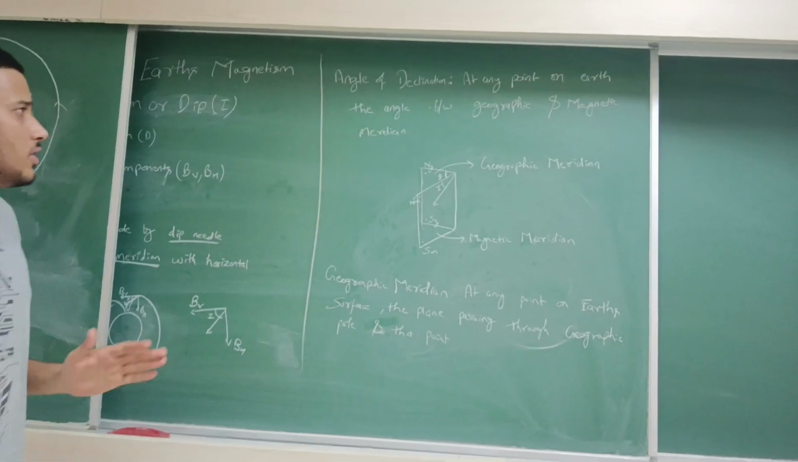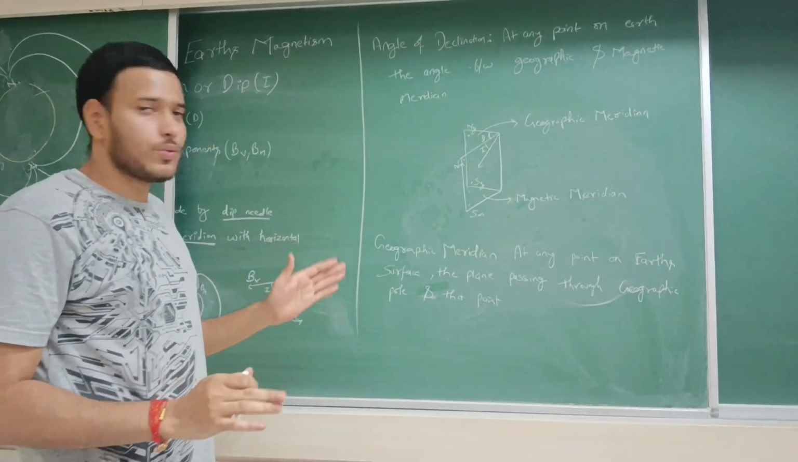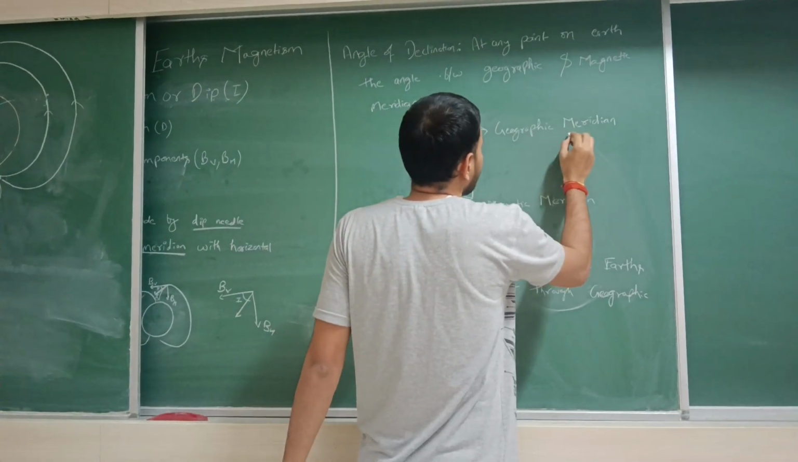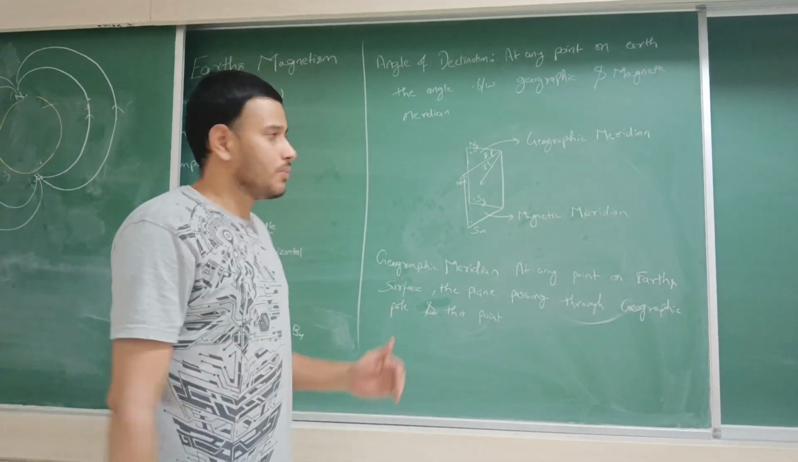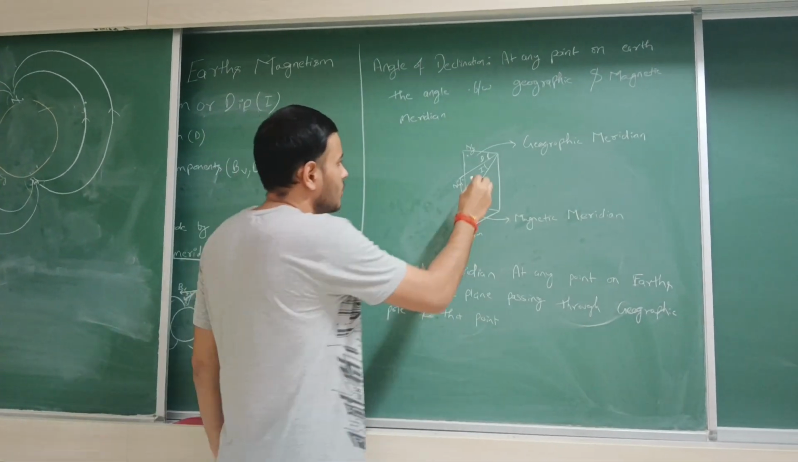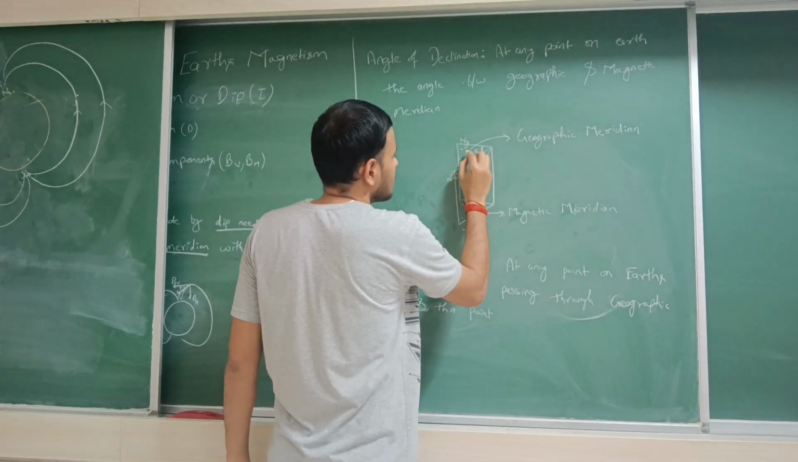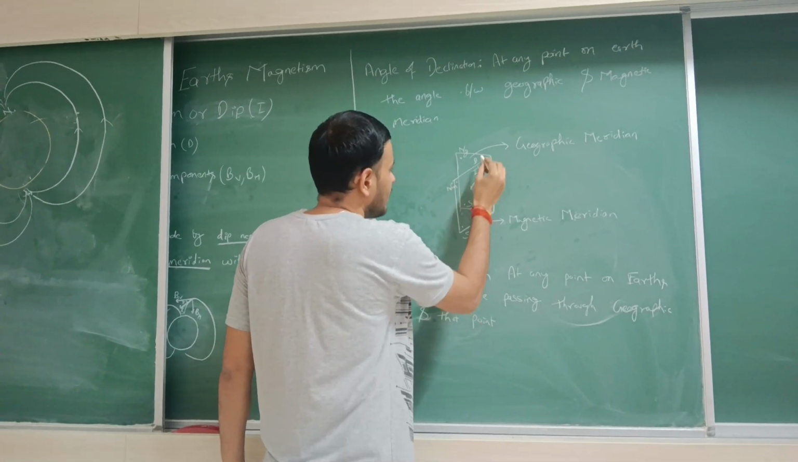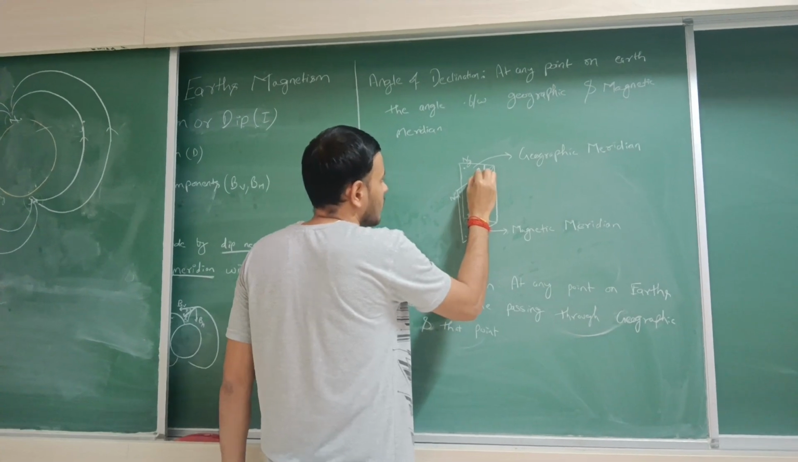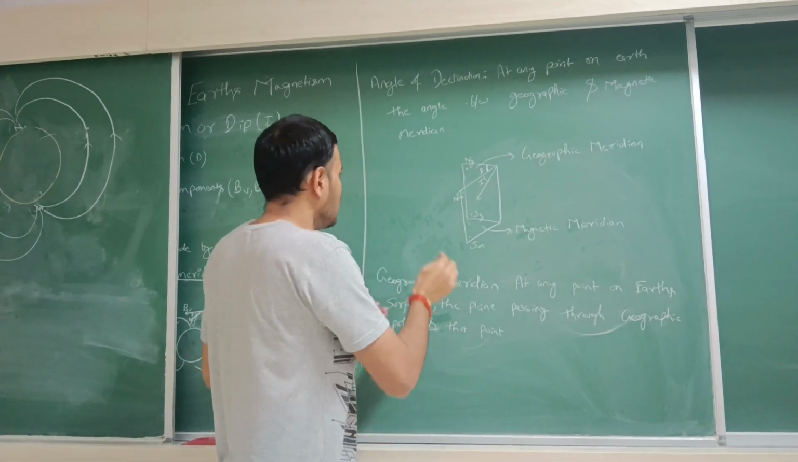Angle of declination: it is the angle between the geographic meridian plane and the magnetic meridian plane at any point of the earth's surface. As you can see from the figure, this is the geographic meridian plane, and this is the magnetic meridian plane, and D is the angle between these two planes. And